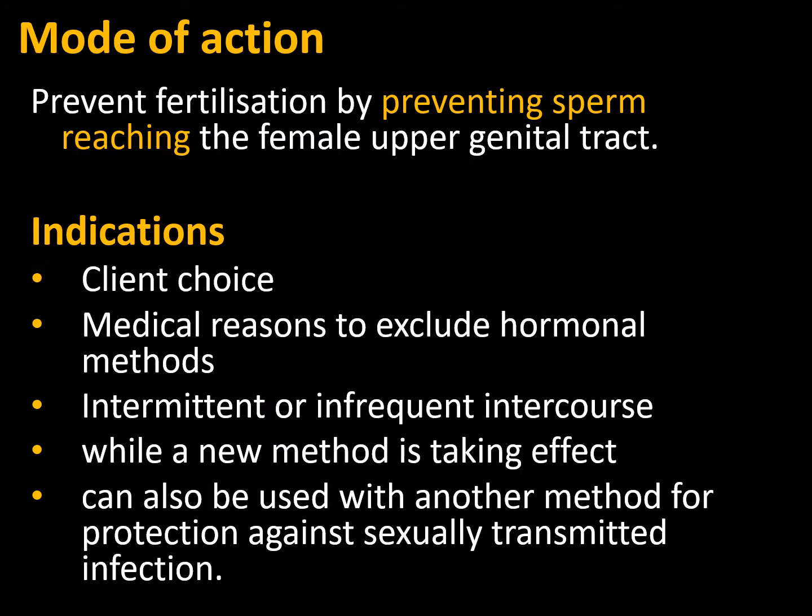Mode of action is clear, preventing sperm reaching the female upper genital tract. Mechanical method is recommended whenever hormonal contraception is contraindicated, or when short-term contraception is required, and it offers protection against